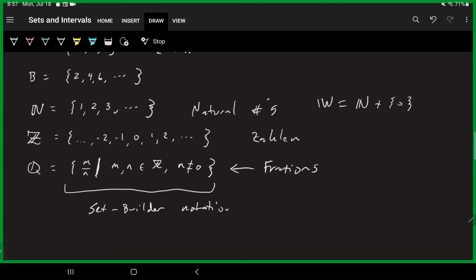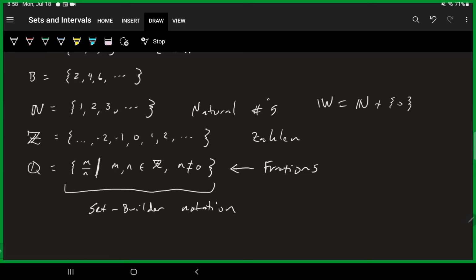What this is, is just a fancy way of writing: if I see curly brackets or braces, that means I'm looking at a set. This m over n contraption, whatever you see on the left-hand side of the bar, sometimes it's 2 dots, but I use a bar, that's the set of what we're looking at. And a lot of times it's going to be a variable of some sort. In this case, it's 2 variables, one divided by another. And I'm saying that these 2 variables belong to the set that we defined above. And I'm saying that the denominator of this fraction cannot be 0. So it's all the fractions that are made up of integers, one divided by the other.